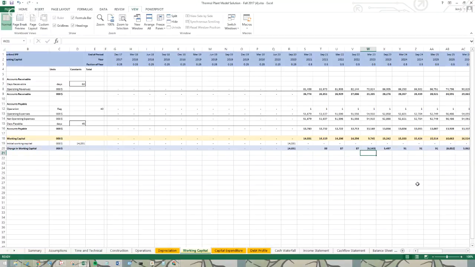But then the next year, you're back up to this higher revenue world. And so you have to put $5 million back in to plug that cash shortfall. So that's why these numbers kind of swing around. So you really want to see, most companies that are growing have positive